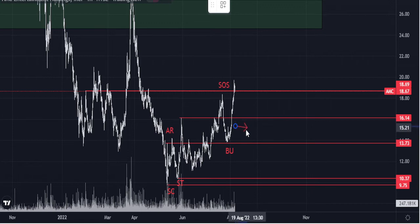It could start low enough, like anywhere in the 15s or lower. Let's just say it starts the day at 15.13. I'm just being hypothetical. We'll have a pretty huge gap, right? And it could, in theory,